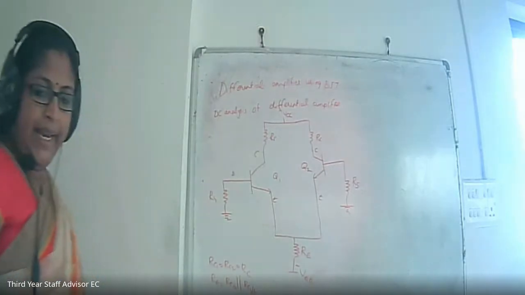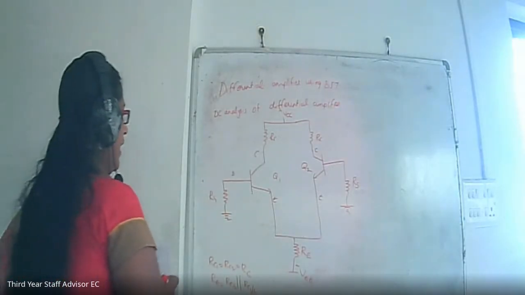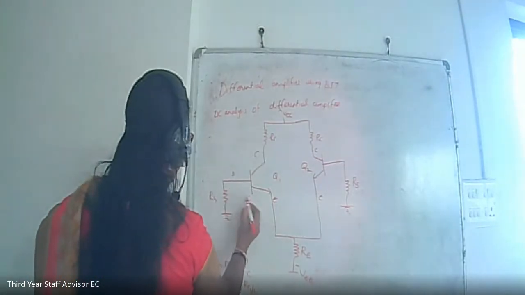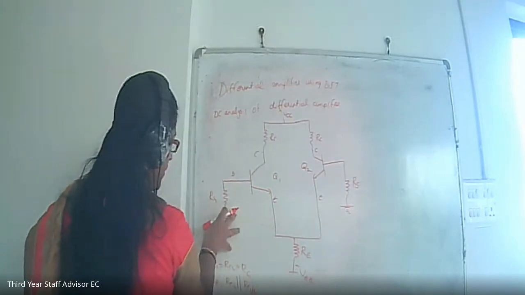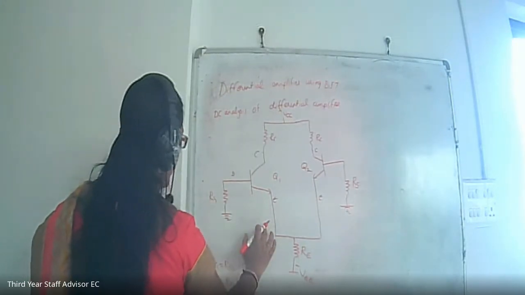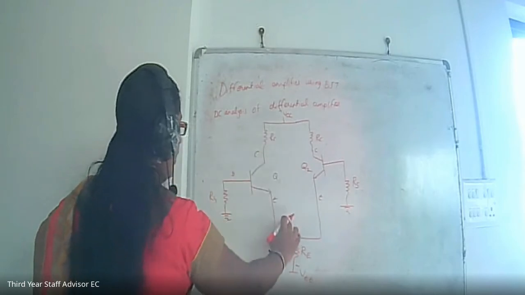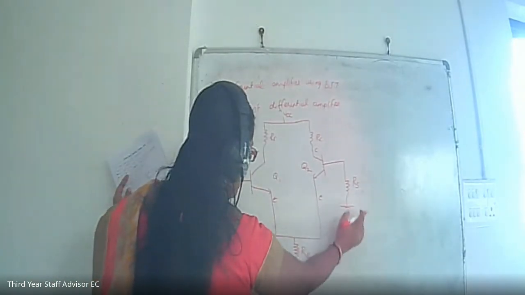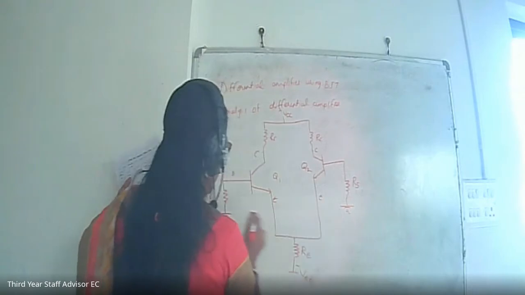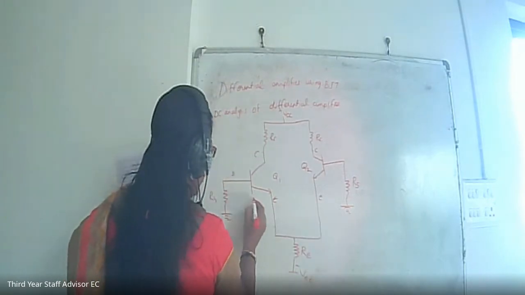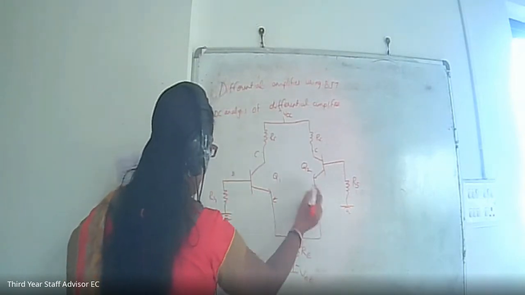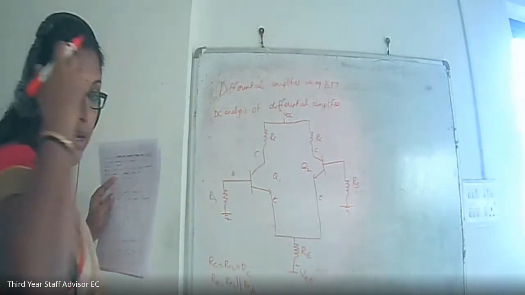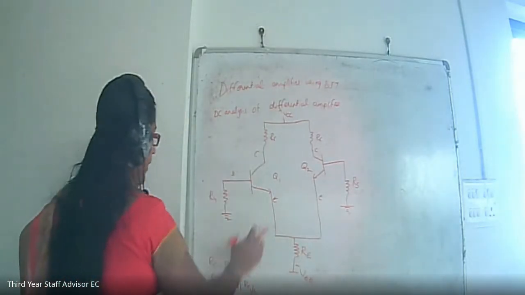Now you can indicate the current. We are assuming that initially there was a source, so the current will be flowing like this. From VCC the current will be flowing like this. Here also there was an AC source, and the current will be flowing like this. So initially you can consider a direction like this, for applying the KVL. You should remember that in mind. No need to mark the directions.